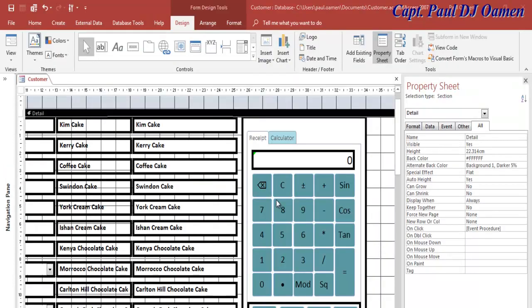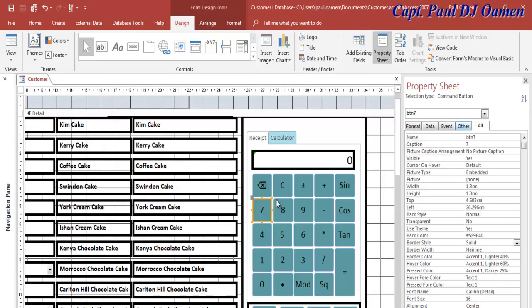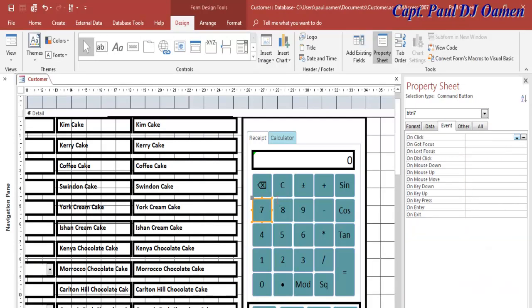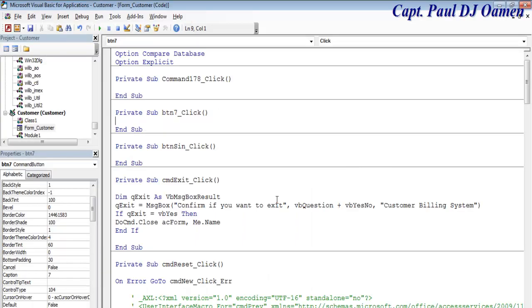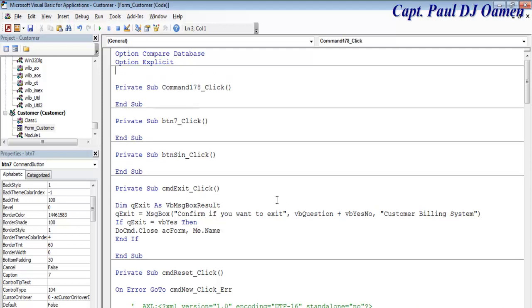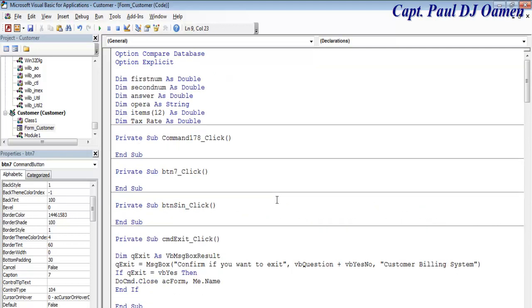Okay guys, I'm going to select button 7. Let's come into the event of button 7. Select that and click on build. There we go. But before I start anything on button 7, I'm going to come up here, option explicit, and declare the following variable. So come back in here and just say if txt display dot